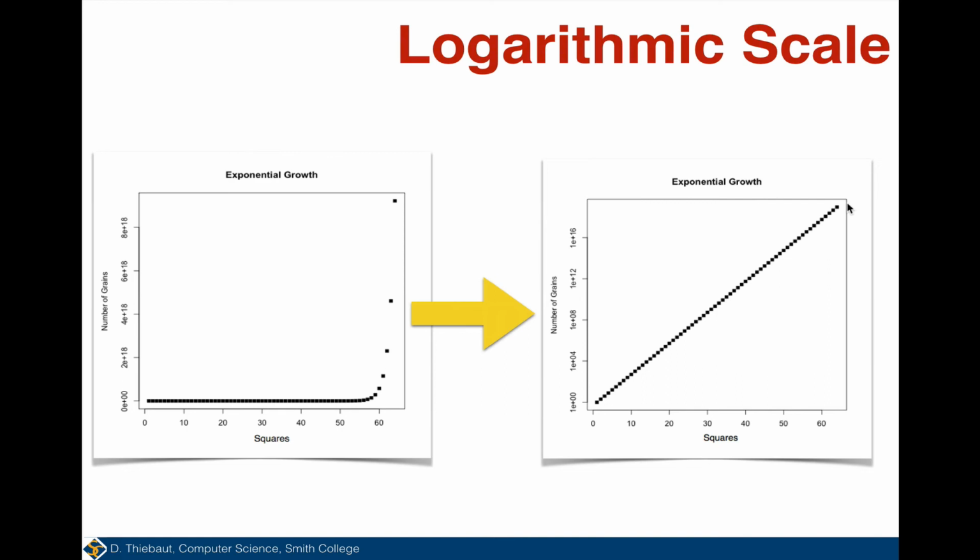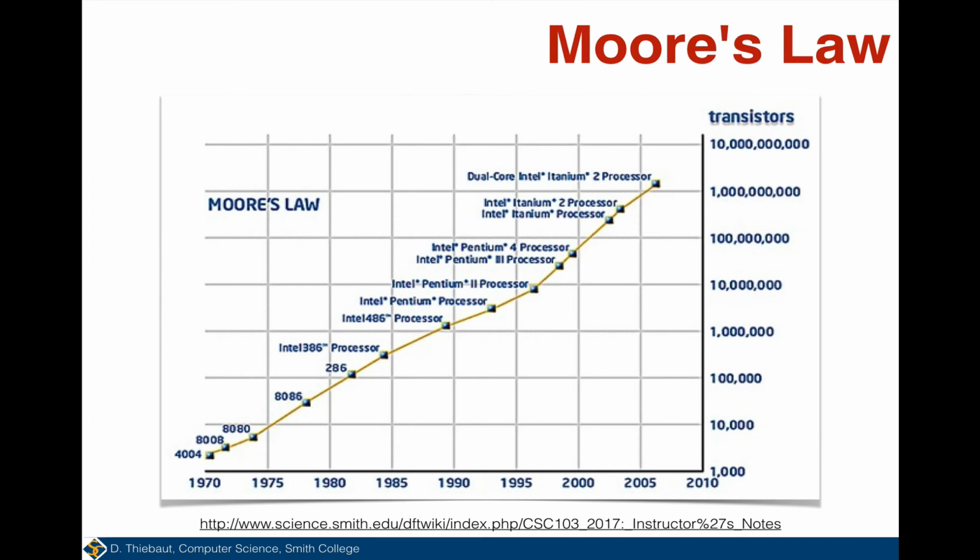So it's a very nice way of recognizing if something is exponential or not. You display it in a log plot, and if you have a straight line, then whatever you're looking at is exponential. All right, so now we are back to Moore's law,